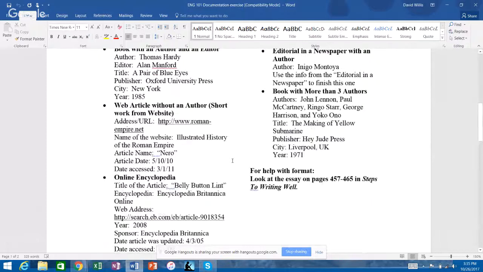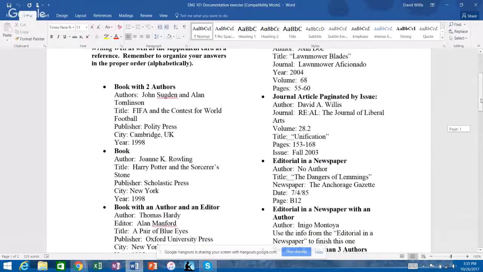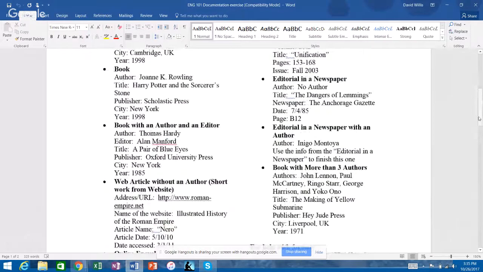Now, the 457 to 465 is to help you with formatting. It's a sample MLA paper that has notes in it, but there are some things that are changed with the MLA 8th edition. I'd like to show you those. But type this up. Everybody do their own individual file, even if you work together on it. And submit it in the Canvas assignment. But now let's take a look